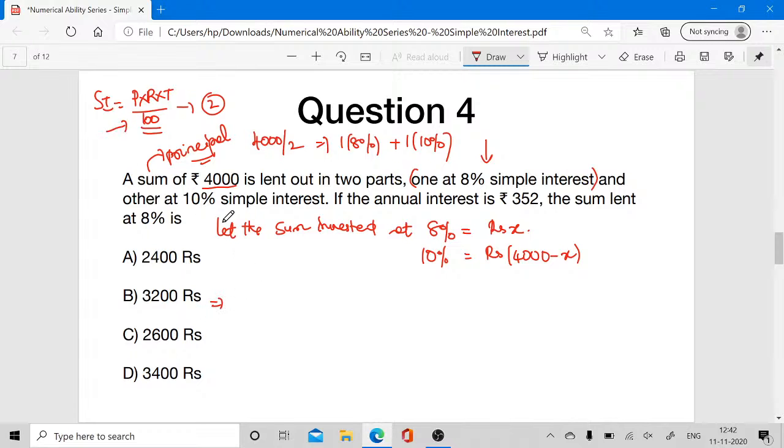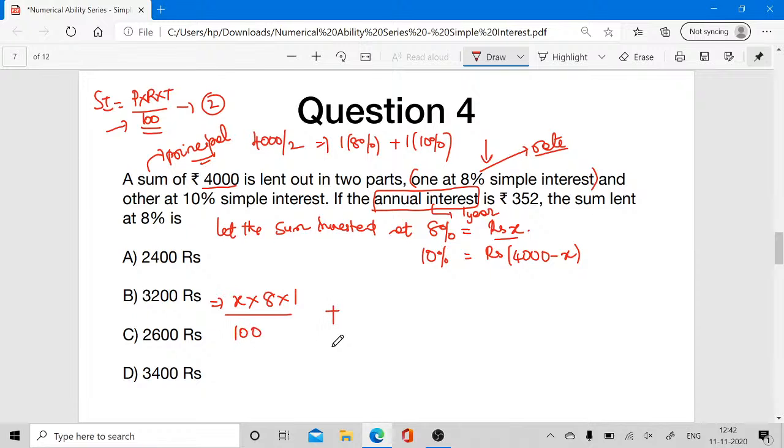First, let me write it down. What is my principal for the first part? It is x. What is my rate of interest? It is 8. What is my time? Annual interest is mentioned, so my time will be 1 year. So my time will be 1 year, divided by 100, plus